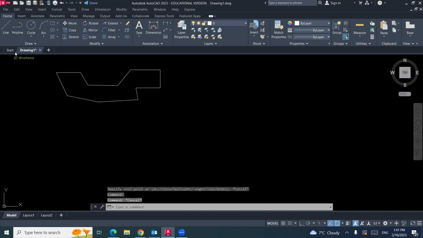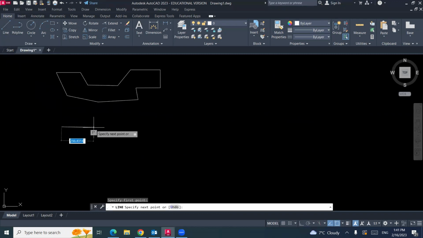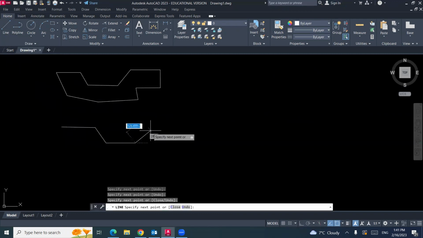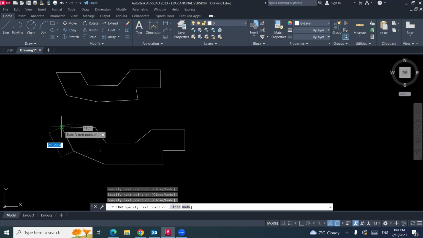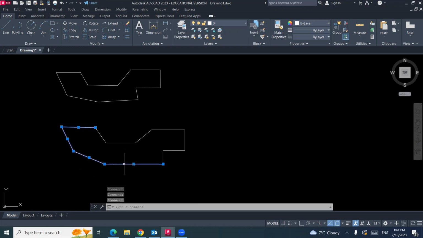But if you are using line and draw the same, unfortunately, every line is different, is separated. Does that make sense? So if you would like to draw an object that consists of many lines and you need to create them as one object, I highly recommend using polyline.